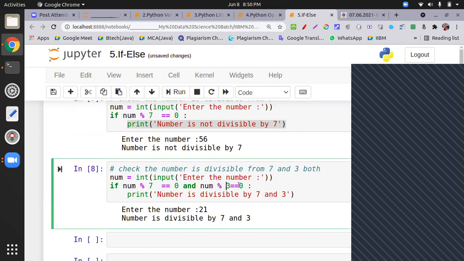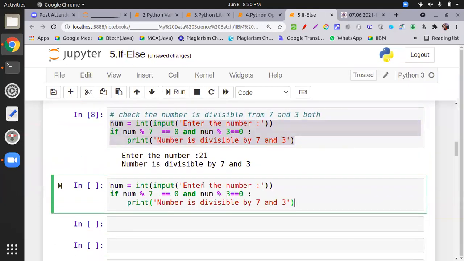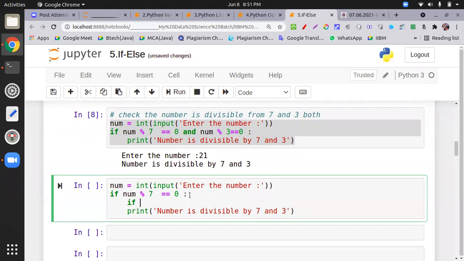Okay, now I take this logic. The first time I check 7, the second time I check 3, and then I put the print statement inside that.